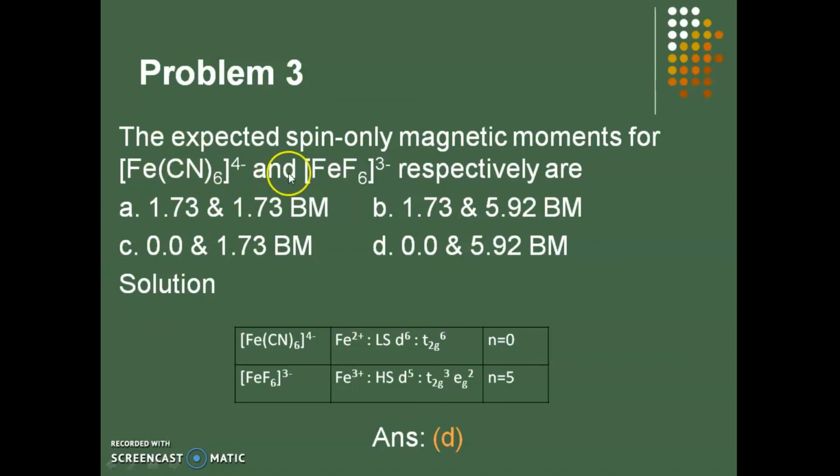So when two or more components are given, work out half of the problem and eliminate two options or narrow down on the correct options. Then you work out the second half of the problem and find out what the answer is.